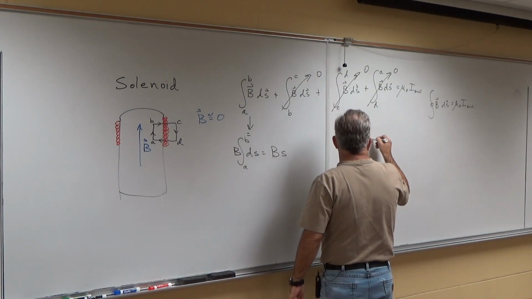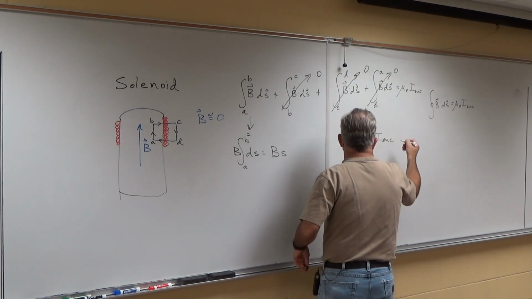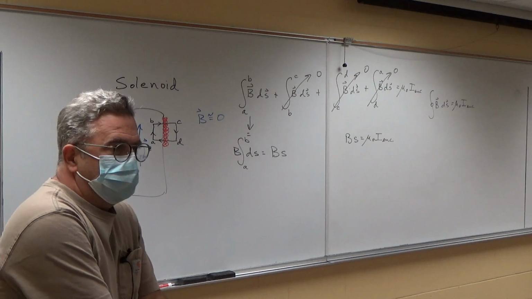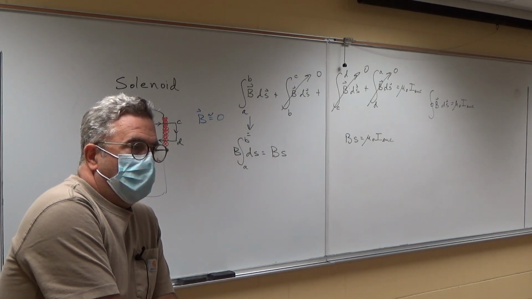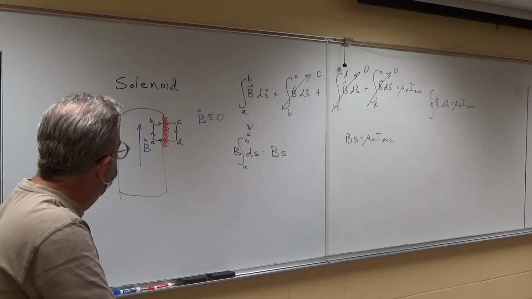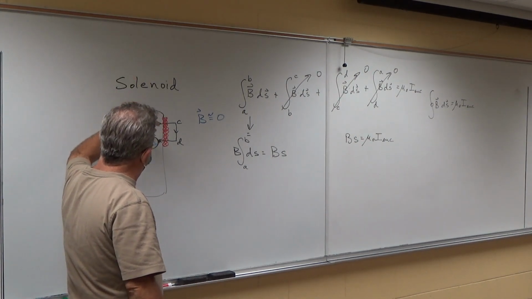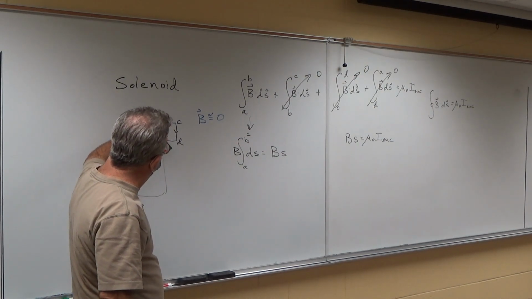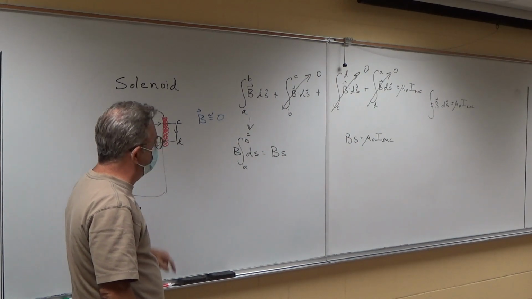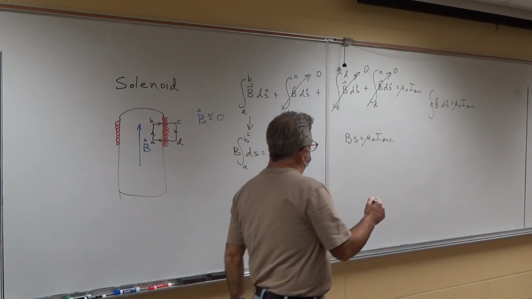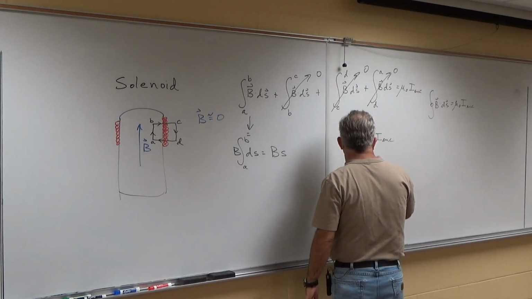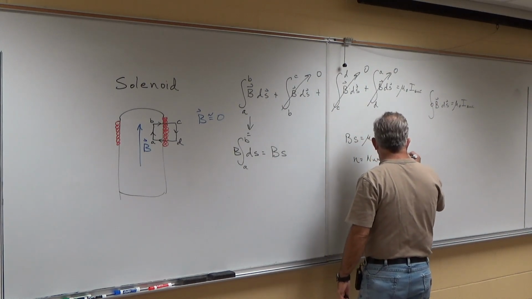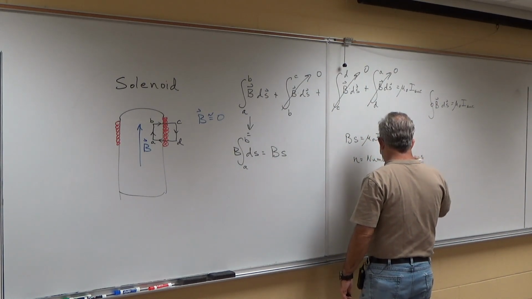So in the end, you have BS is equal to mu naught I enclosed. How much current is enclosed in my loop? Well, here's the way you can handle that. Let's say this thing has 1,000 turns. I've got some number of turns in the loop depending on this length. So if I make little n equal to the number of turns per unit length,